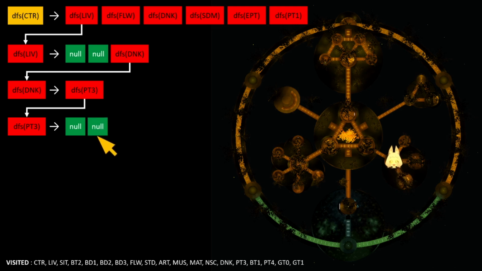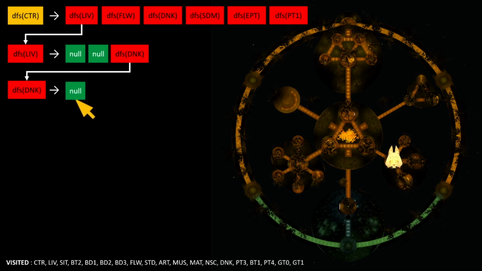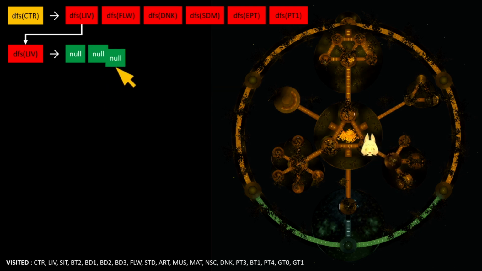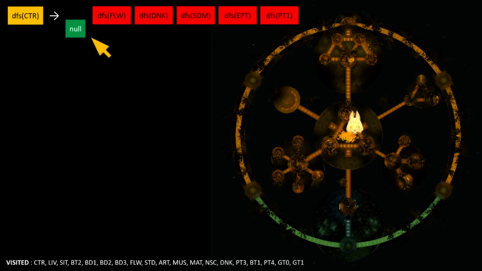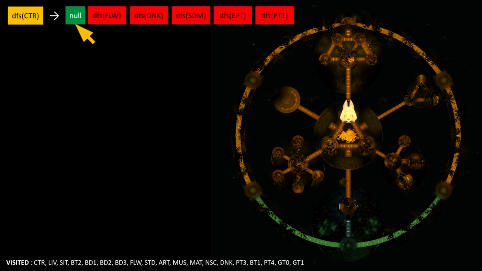Now at this point we can see, alright, platform 4 has no sign of cheese, so let's go back to platform 3. Platform 3 at this point also has no sign of cheese as well, so let's go back to the dining and kitchen area. And then the dining and kitchen area also does not have a sign of cheese, so let's go back to the living area. And then we can see the living area has no sign of cheese, so let's go back to the